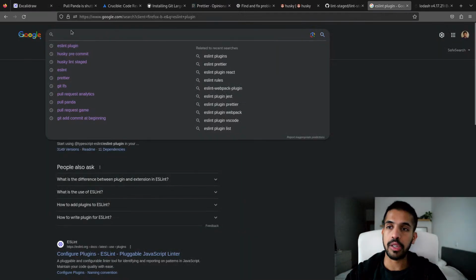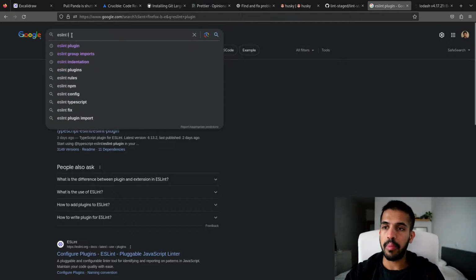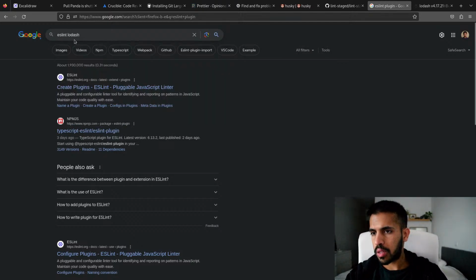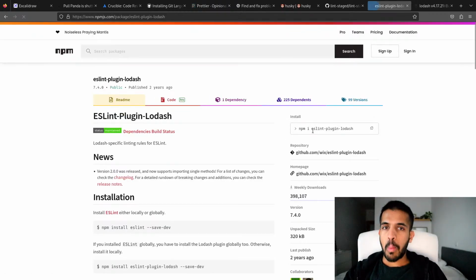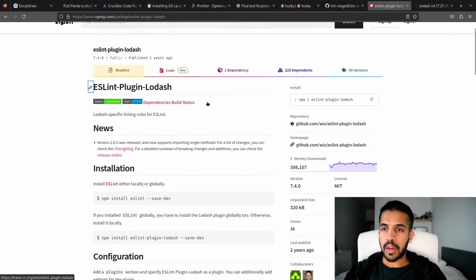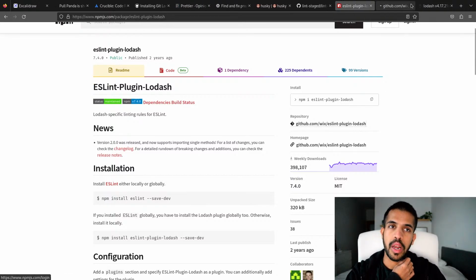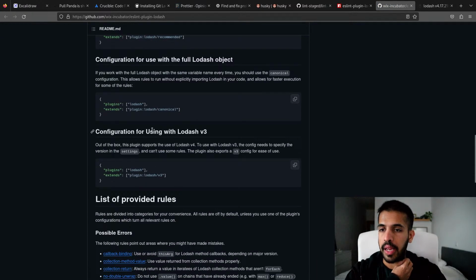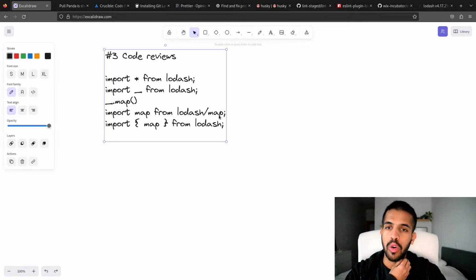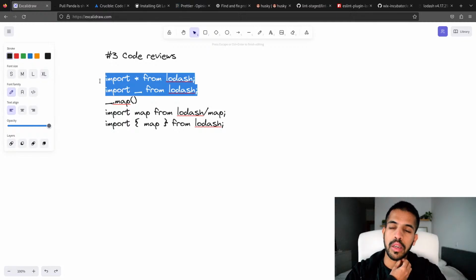So what I did is I actually added an ESLint plugin for it. Did I search for it already? Plugin. Yeah, there we go. This Lodash ESLint plugin has a whole bunch of stuff for configuring how Lodash is supposed to be used. So you can set it up. In my case, I set it up to support only this version, and mark and flag all of the other usages of Lodash as a warning.